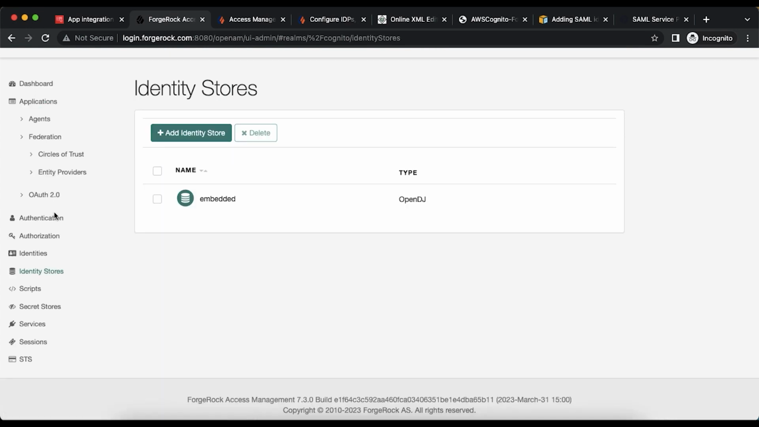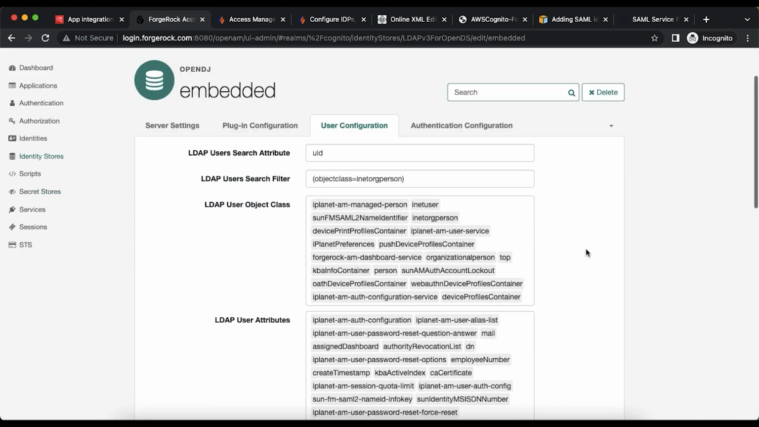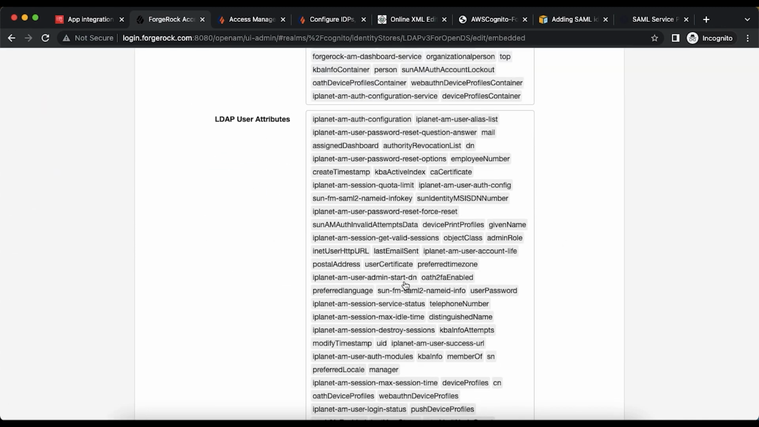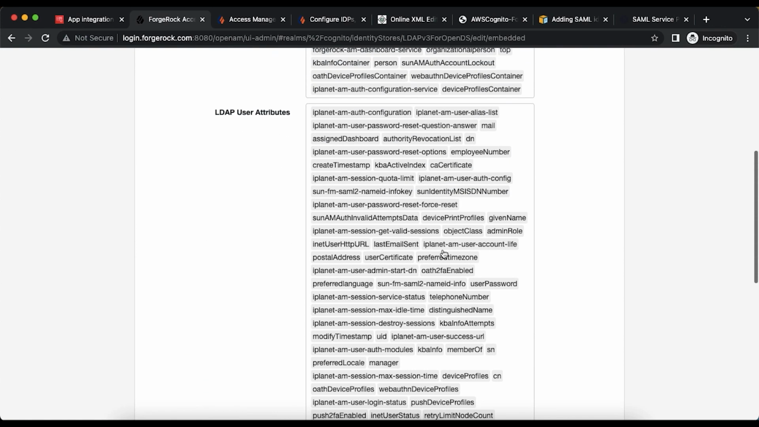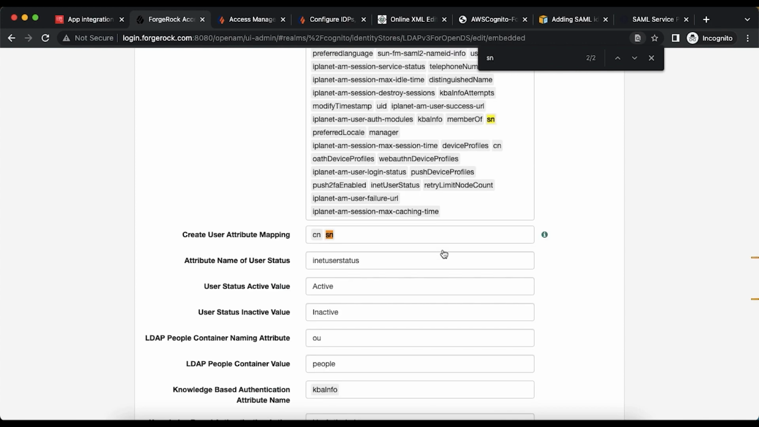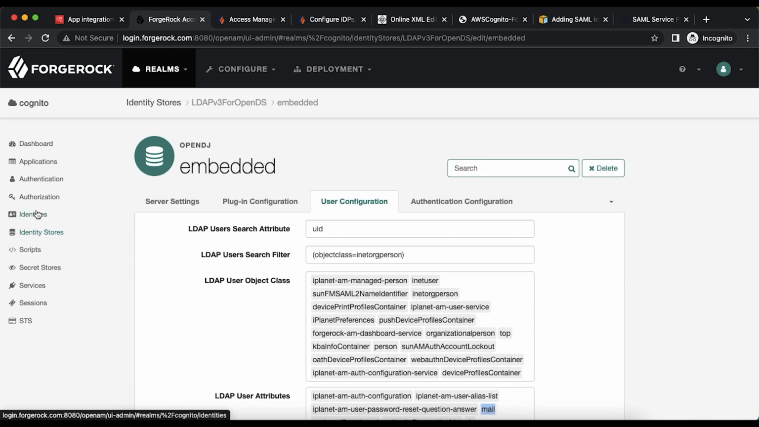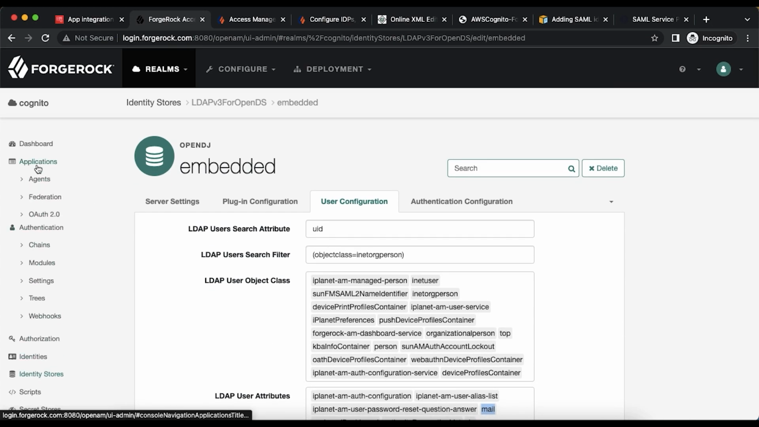So if you go to this identity store, embedded, and user configuration, you can see the list of user attribute names. So if you search for, say, SN, so you can see SN, which is the last name, and then you can search for CN, which is the full name, and then you can search for given name, and then there is a mail. So I'm going to configure these 4 attributes there. So if you go back to that screen,